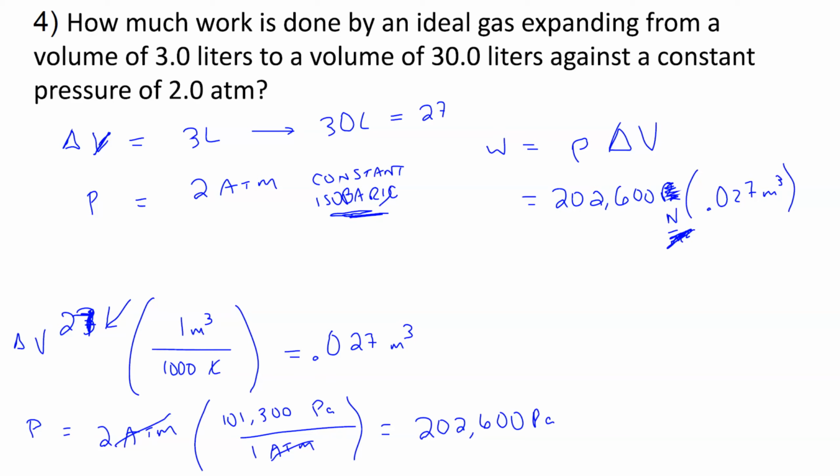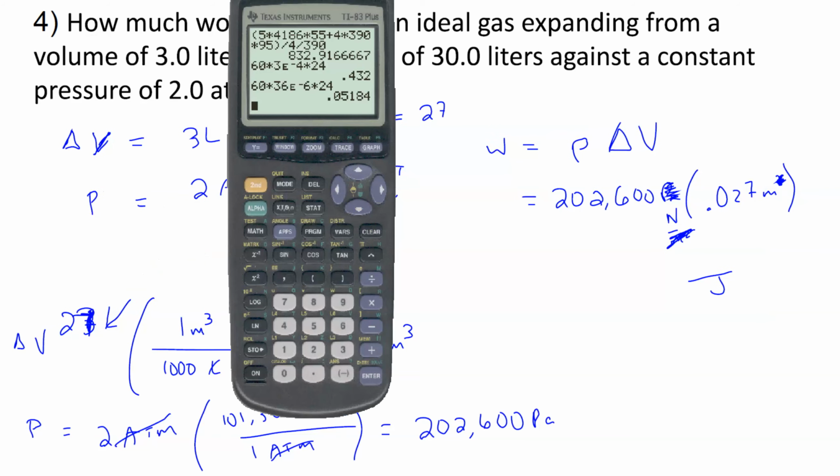So this cancels that. And now I've got a Newton meter. A Newton meter is a joule. And a joule is a perfectly good measurement of work. So we are happy there with that. 202,600 times 0.027 would be 5,470 joules